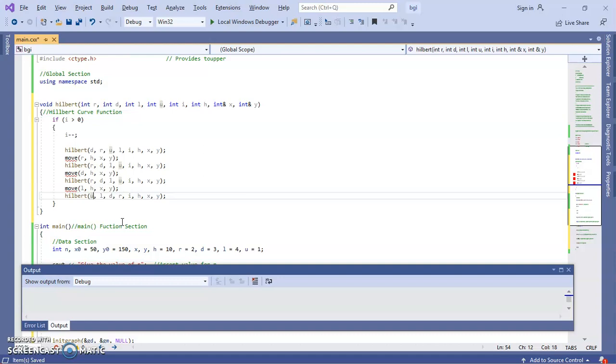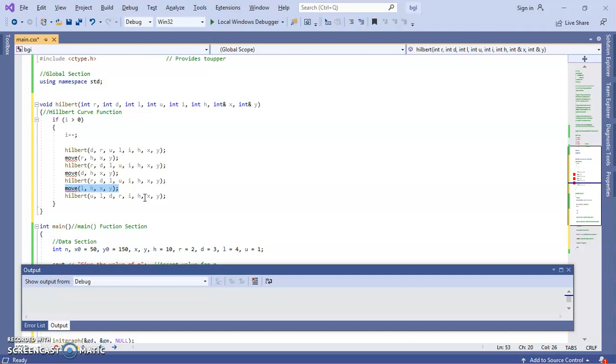With the Hilbert function, we also call the move function, and we pass the parameters right, step length and xy position, down, step length, xy position, left, step length, xy variables. For each move call we pass right, left, up, down, and h and xy. So we already discussed all these things.